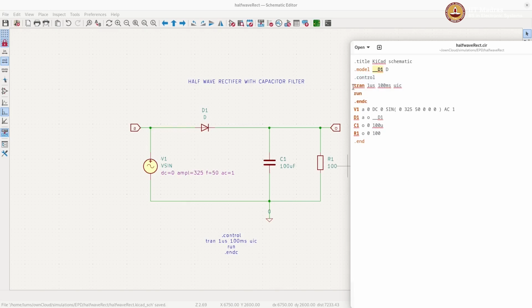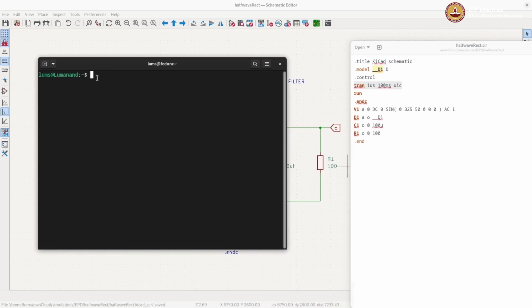So this will ensure that in ngSpice, as soon as you open ngSpice, it will execute this transient analysis given these parameters, and the results are available after the execution of the transient. It's up to you what you want to do. Okay. So now let us go to the command line. ngSpice, as I said, is command line based, and we will open a terminal window. I will place the terminal window in the center of the screen here like this,